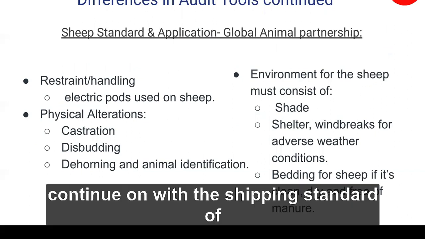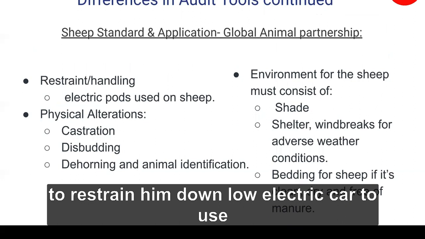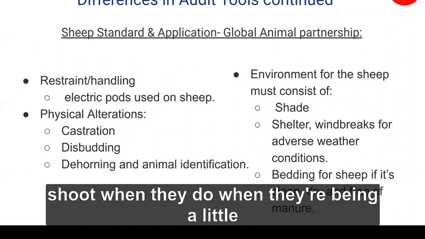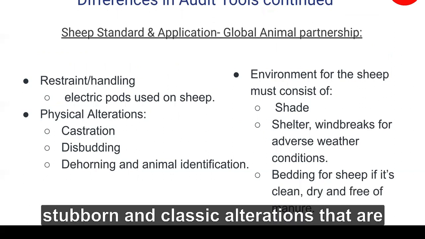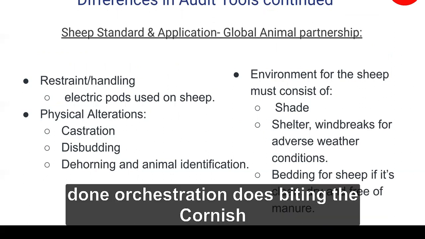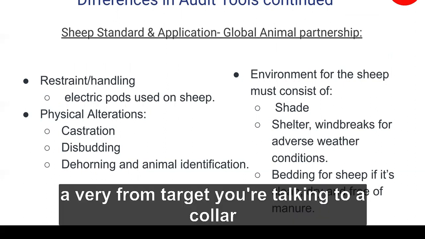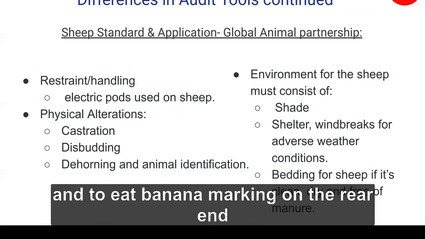Continue on with the sheep pen standard. To restrain them, the electric parts are used, and that's to make them move throughout the chute when they're being a little stubborn. And physical alterations that are done are like castration, disbudding, dehorning. And for the animal identification, they could vary from tagging, ear tagging to a collar, and even marking on